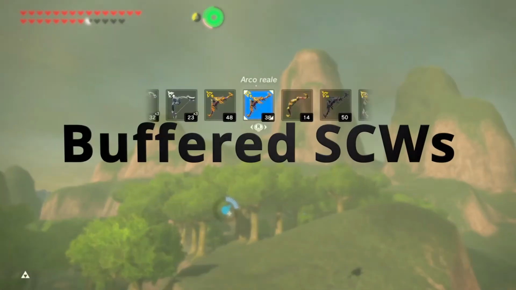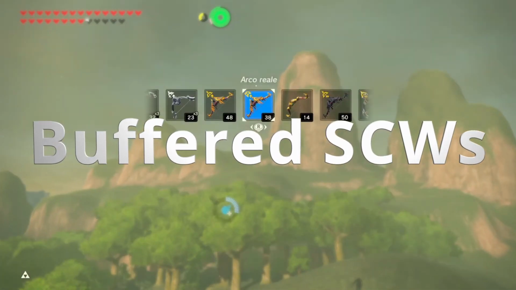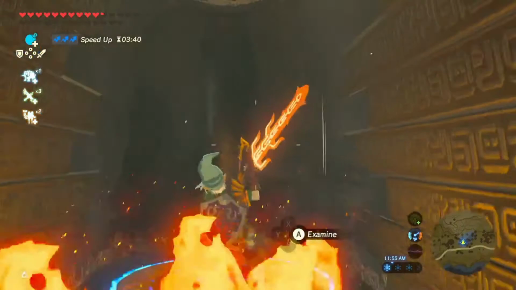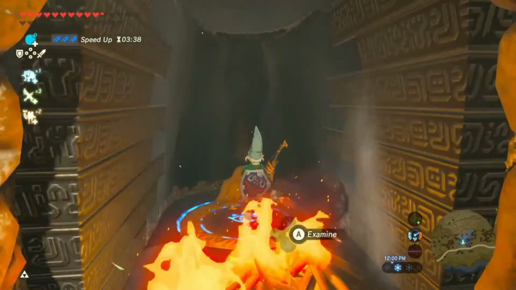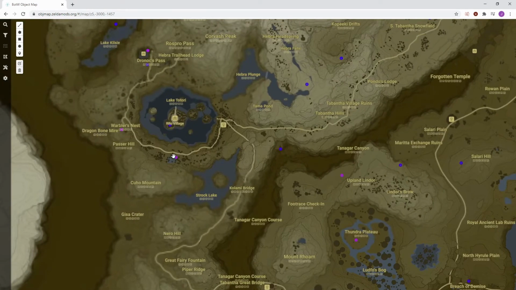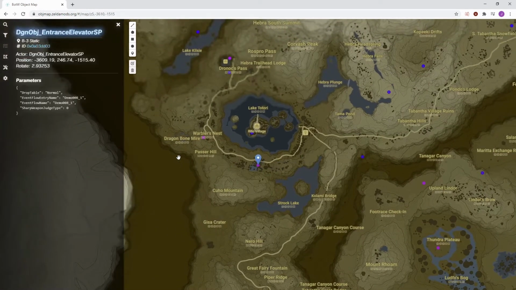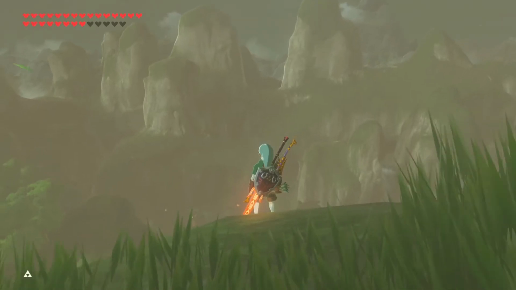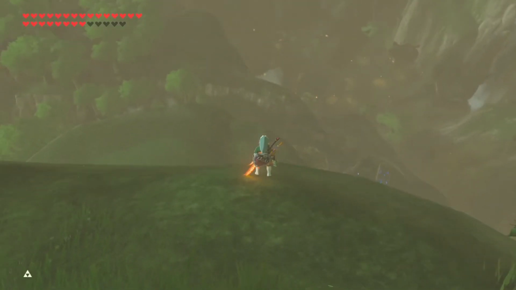Today I'm going to be teaching you about buffered SCWs, which are used when an underground shrine's loading radius doesn't overlap with that of a nearby shrine. If you missed parts 1 and 2 of the series, they're linked in the top right corner. So far, we've learned how SCWs work, specifically the storage of one elevator to enter an underground shrine within that load radius. Now we'll talk about how to keep an elevator loaded so that when you leave that load radius,